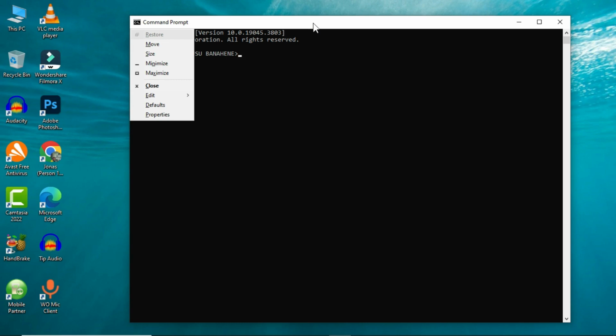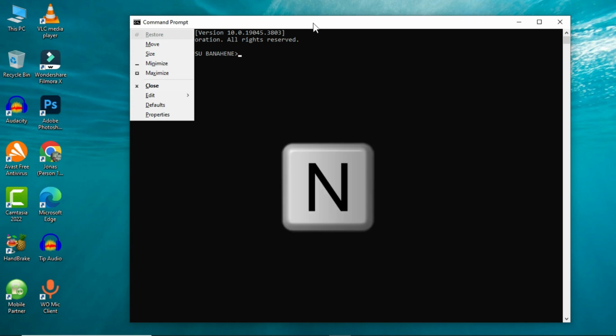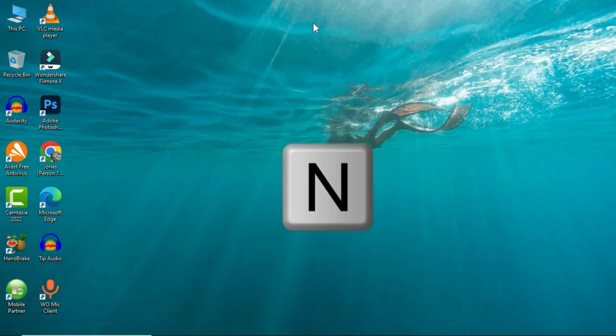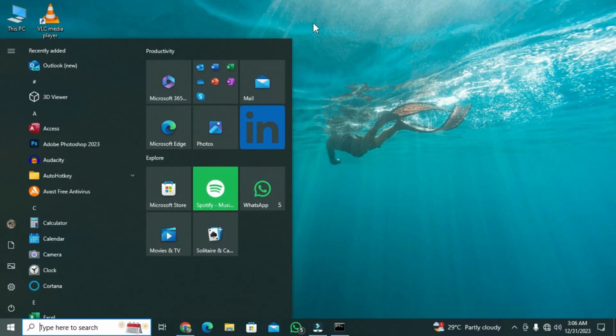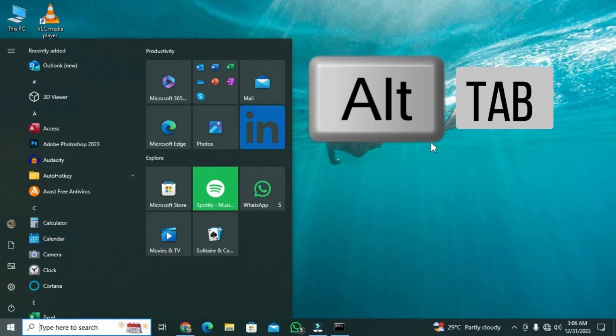The next one is minimize. When you press the letter N, this minimizes your window onto the taskbar, and when you move to the taskbar, you are going to see your window displayed on the taskbar. And if you want to bring it back without the computer mouse, you hold the Alt key and the Tab key,